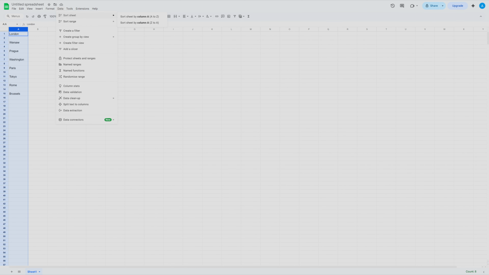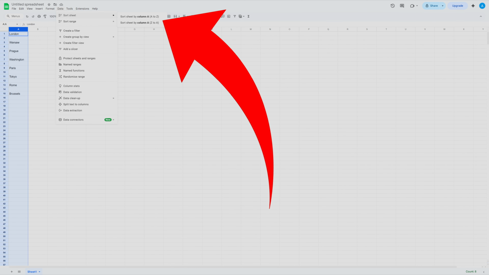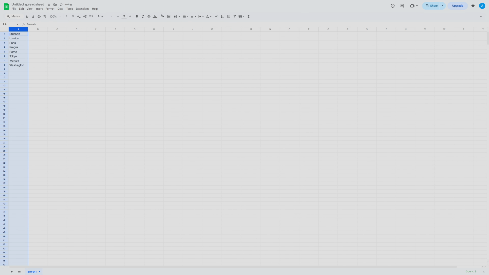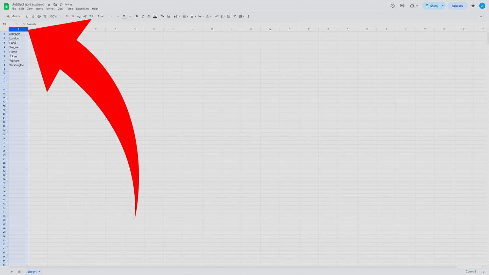Once you do, you'll see two options appear. You can either sort from A to Z or from Z to A. So make your choice, then click on whichever one you want, and just like that, everything in column A will be sorted alphabetically. Then when you want to paste it back, make sure that's all selected, and then head back